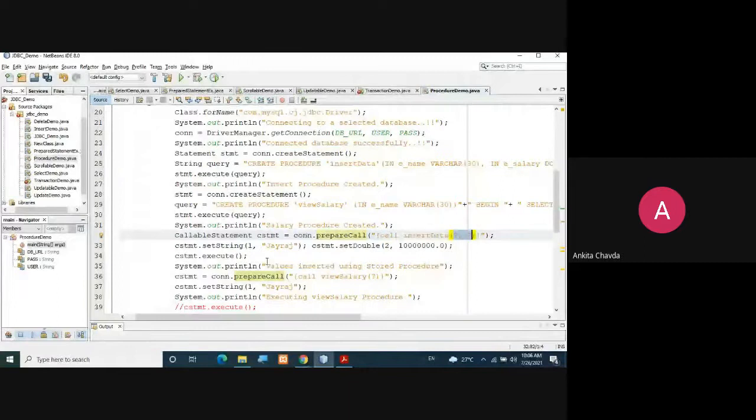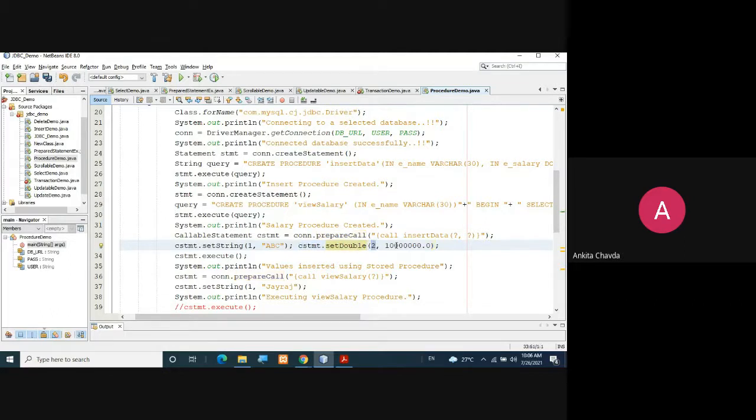So here I can set the string. I can write abc, a named person. So cstmt.setString, because the first column is for the employee name and the second column is for the employee salary. Okay, so those two only I have created here. So cstmt.setDouble.